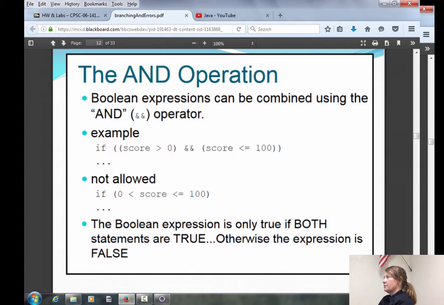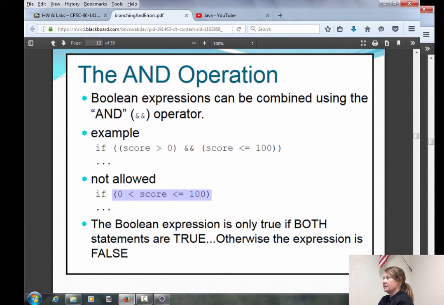So what if we wanted to check if score is greater than 0 and score is less than or equal to 100. In other words, we wanted to check to see if score is in between 0 and 100. In math, we can write something like this, right? Check to see if score is in between two numbers. But a computer is only binary. This is one of the main limitations of a computer and why sorting requires so much work inside of a computer: a computer can only see two things at once. It can only compare A to B. It can't compare A to B to C. That's too much for it. It can only compare two things at once.